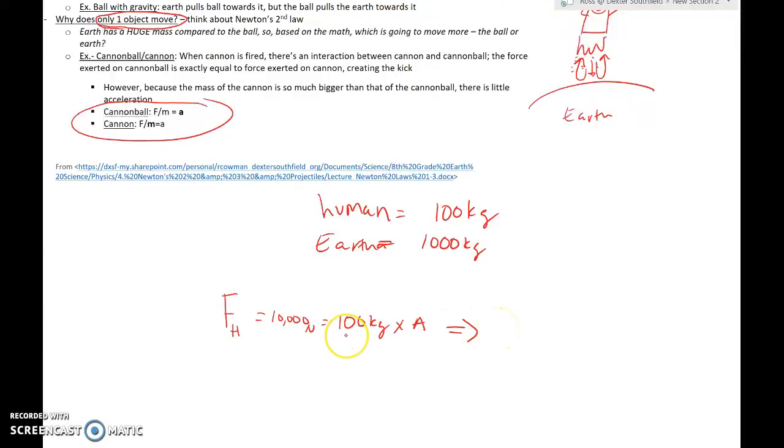Acceleration would equal 10,000 divided by 100. Cross out 2 zeros, and that rate of acceleration would be 100 meters per second squared. That's for the force of the human. Now the force of the Earth,